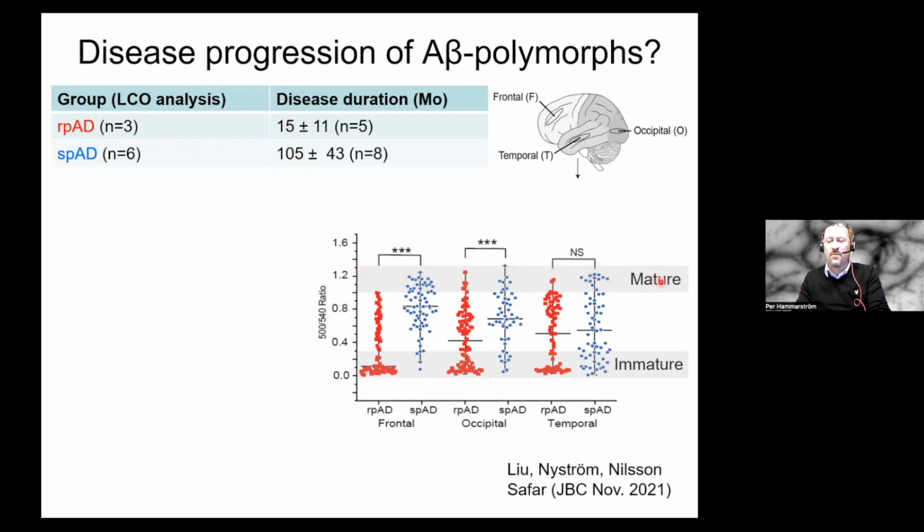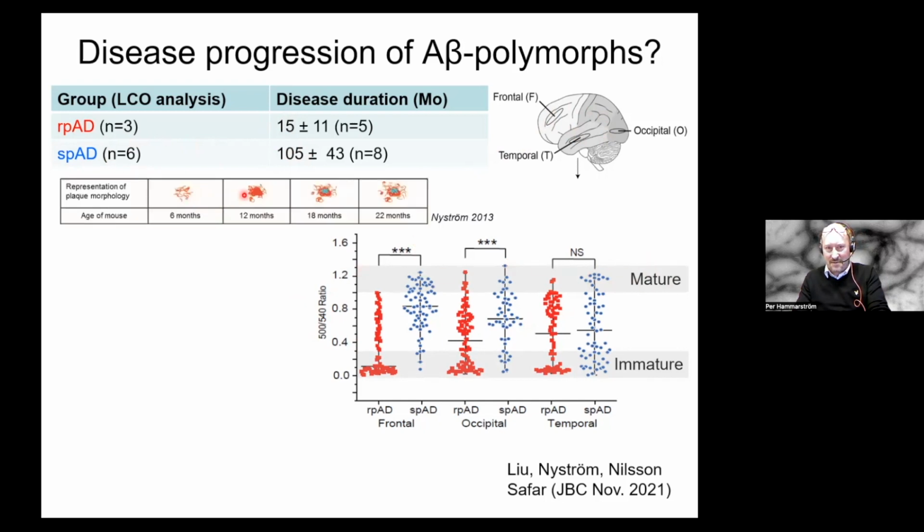A high ratio would be what we, from the mice study, you have cartoons on here from Sophie's paper, see that the core of the plaque is blue, right? That would be a mature amyloid. An immature one will have a low ratio. And you see it's quite variable here. But what's interesting is that